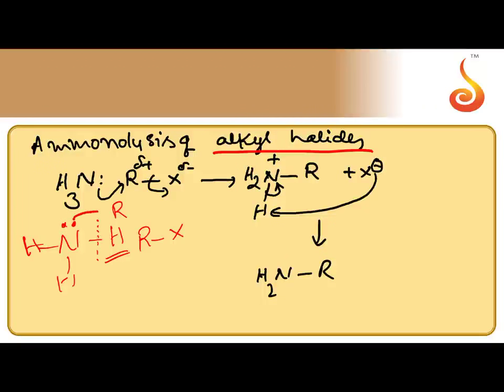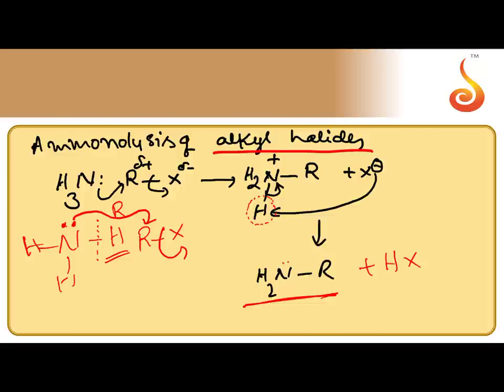Nucleophilic substitution reaction takes place. With lone pair, it attacks at electrophilic carbon. X minus is removed. That X minus takes H plus from N. It is like revenge. X minus takes revenge on ammonia molecule and it takes H plus from ammonia,